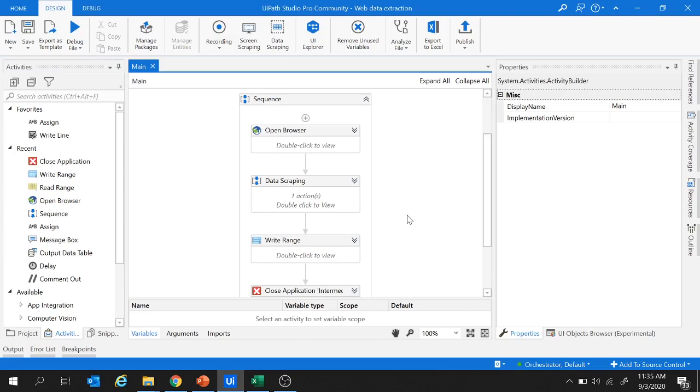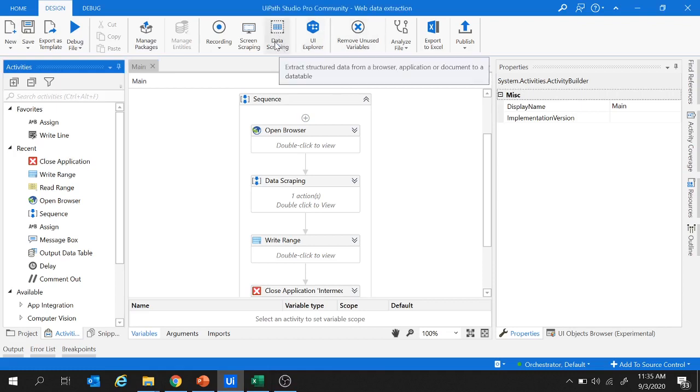In the previous session, we extracted data from Flipkart and stored it inside Excel using the data scraping functionality of UiPath. But while extracting data from different websites and applications using this data scraping functionality, the UiPath projects might cause issues to you. Some of the commonly faced issues are that UiPath is not able to move to the next page of the application, and even if it moves to the next page, it's not going to extract the data from the next page. So we will create a project today which is going to handle such scenarios.